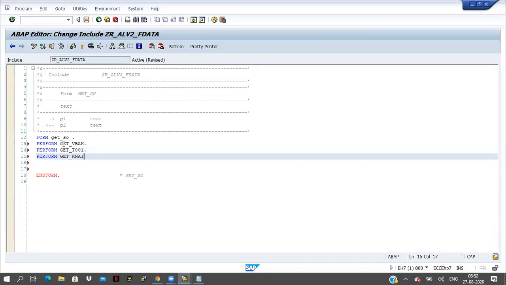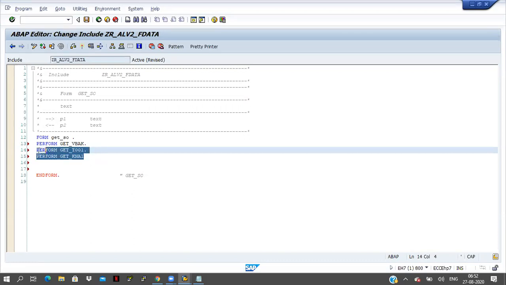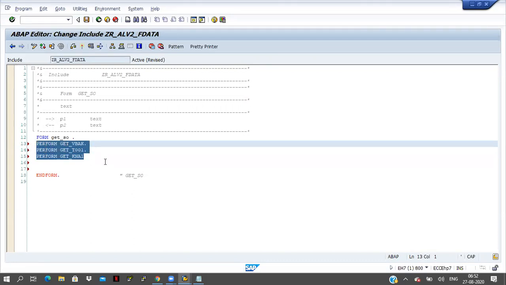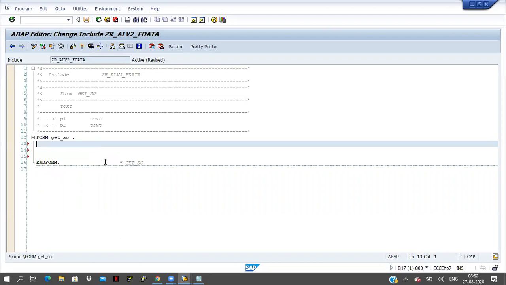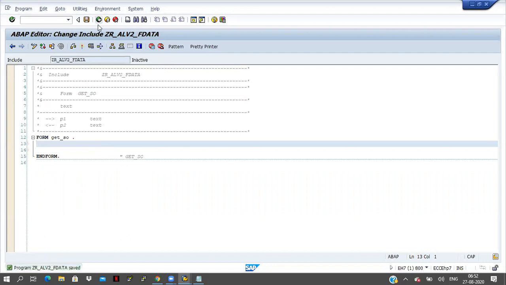That is your option. You can take the select queries directly here, otherwise you can take the performs. That is your wish. So here I am taking directly.